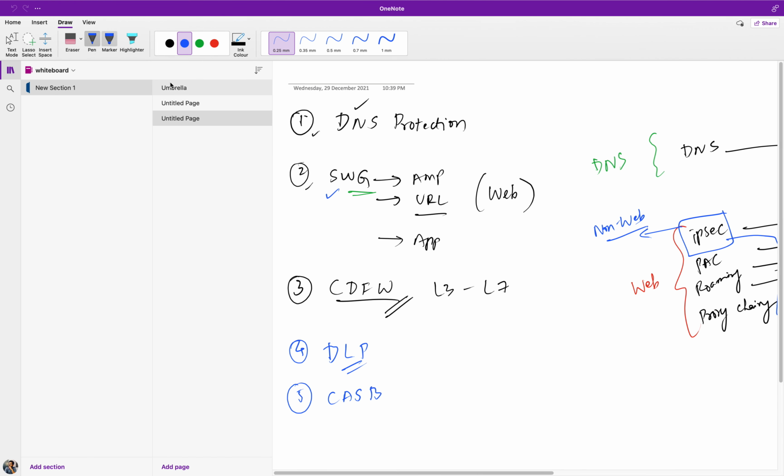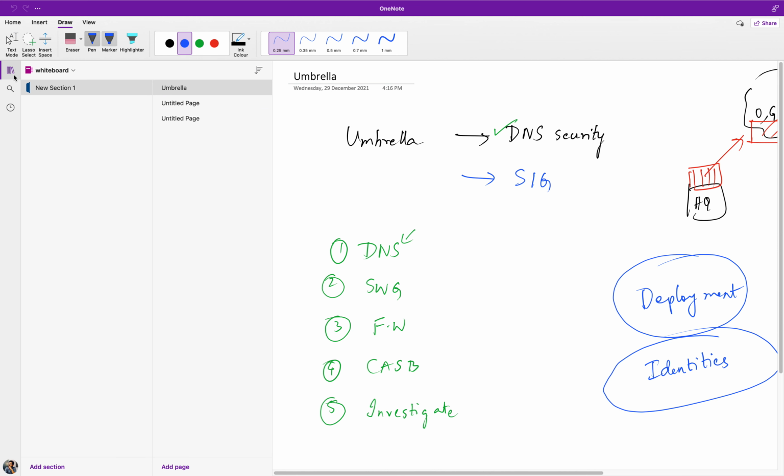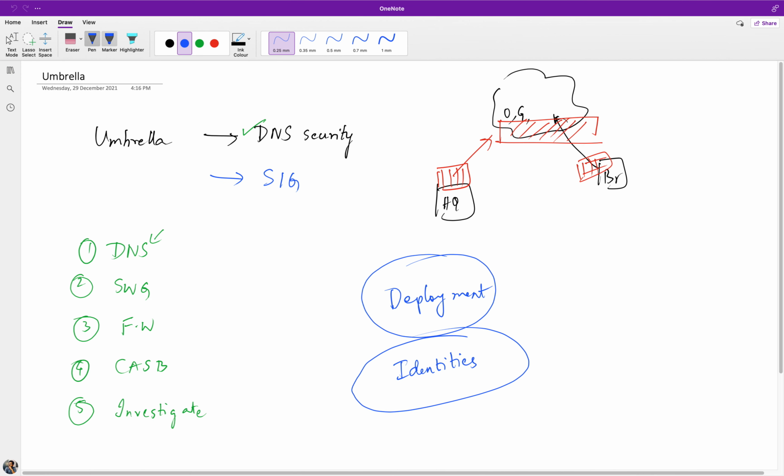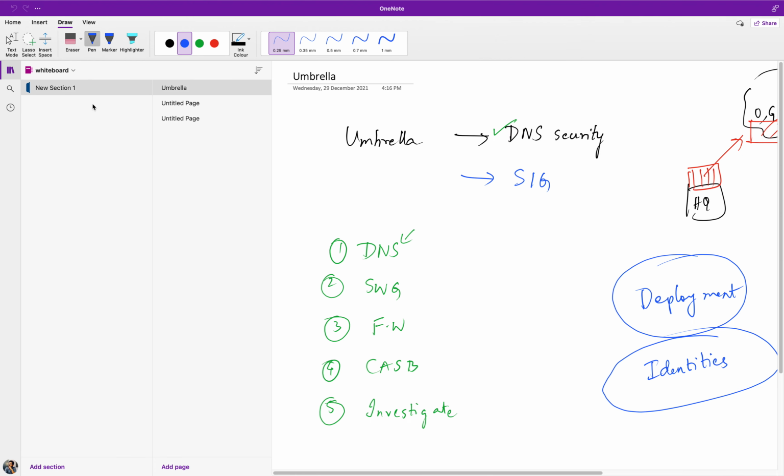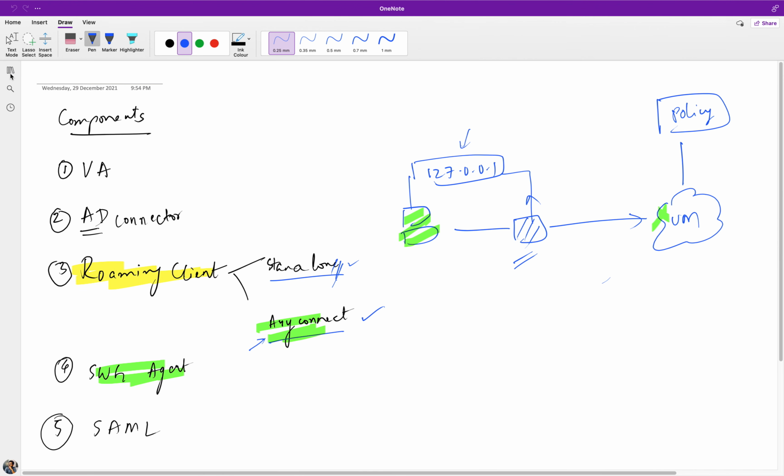Just to review, first we started talking about why we need Umbrella, right? That was very important. Before that, we talked about the different ways to deploy Umbrella and what we actually mean by identities. Then we called out the various use cases. Then we moved on to the components of Umbrella. Technically these are not components; these are the various